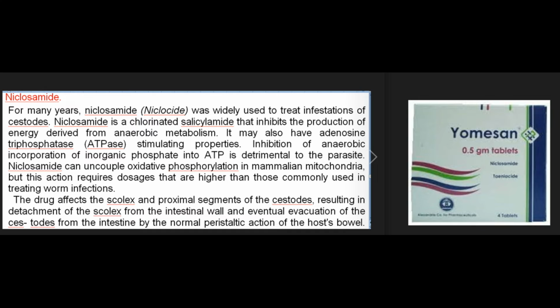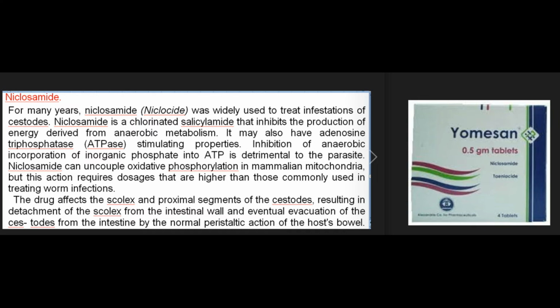Niclosamide is a chlorinated salicylamide that inhibits the production of energy derived from anaerobic metabolism. It may also have adenosine triphosphatase, ATPase, stimulating properties. Inhibition of anaerobic incorporation of inorganic phosphate into ATP is detrimental to the parasite. Niclosamide can uncouple oxidative phosphorylation in mammalian mitochondria, but this action requires dosages that are higher than those commonly used